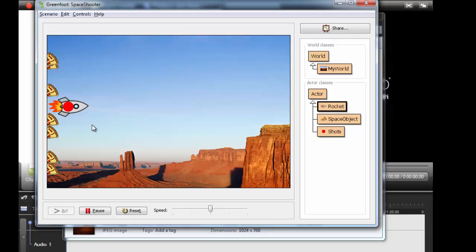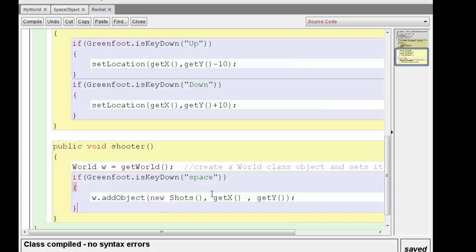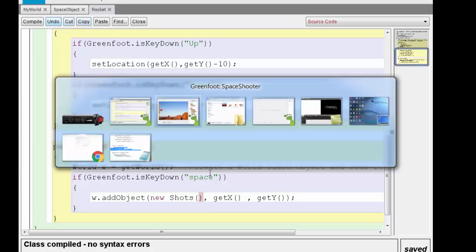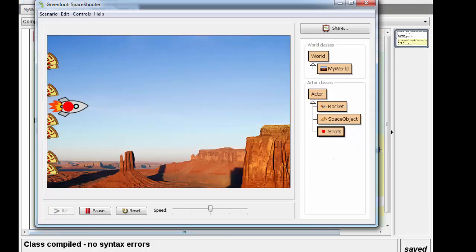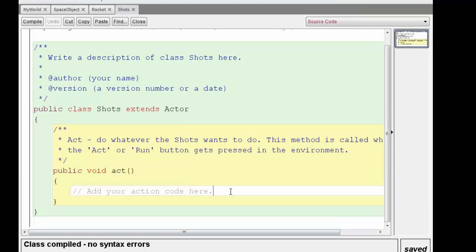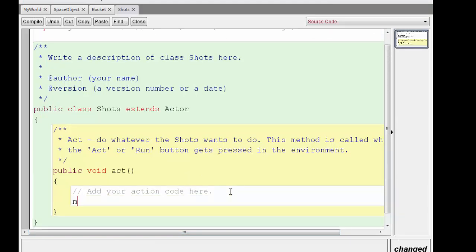We can then make, okay, go back to this one here. We want to make this move also. Once it's added, we want to make it move. Okay, so we can do that there. We don't need any additional methods there, so we just make it to